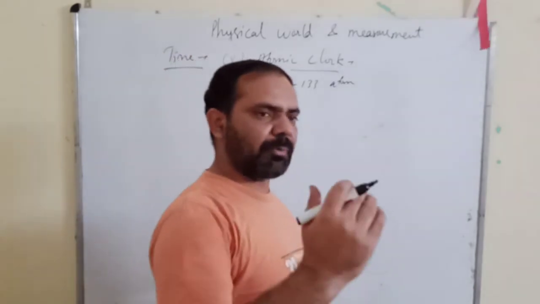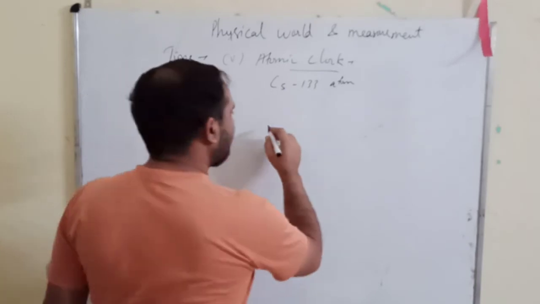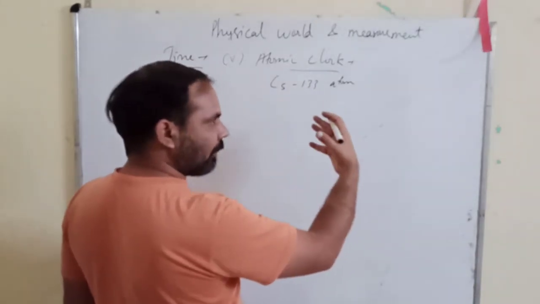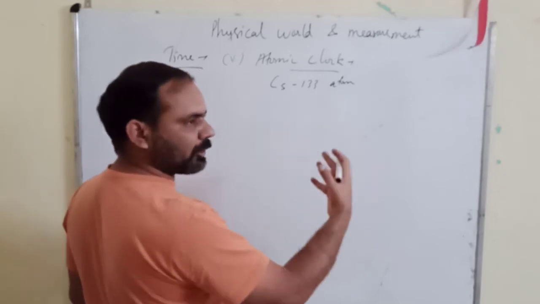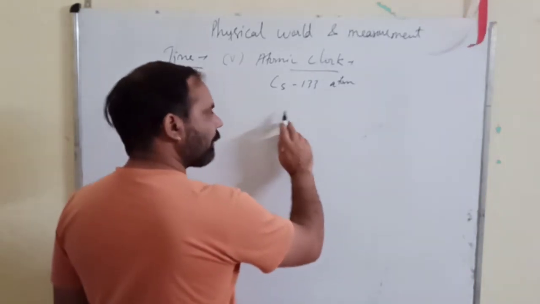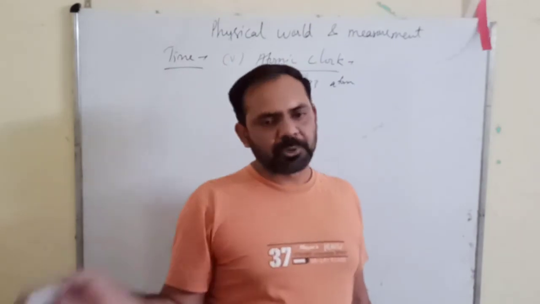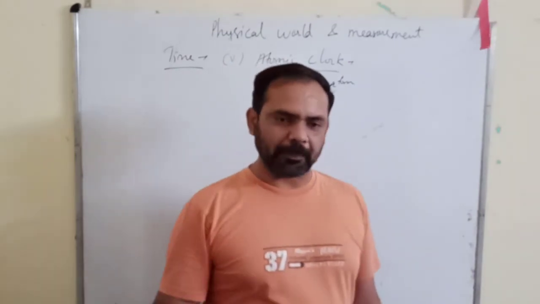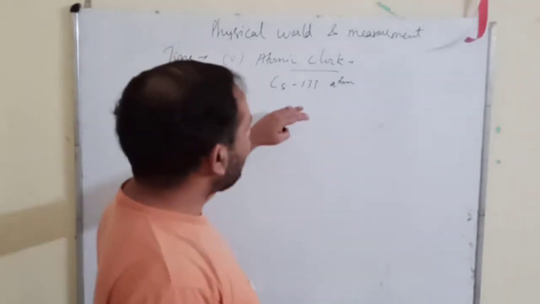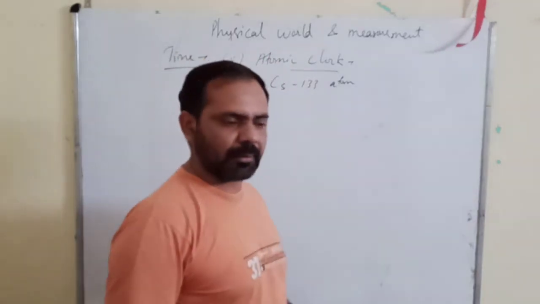Its vibration is happening, and that vibration is a motion in which the object repeats itself. That motion is repeated with time, going like this, then coming back, going this way, coming back. So any kind of motion which is repeating itself can be used as a device to measure the time. That is why this vibration of the cesium-133 atom can be used to measure the time, and that type of clock is called the atomic clock.